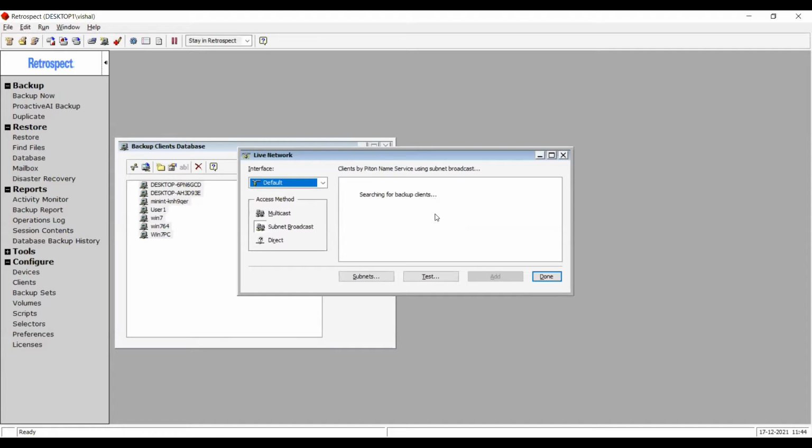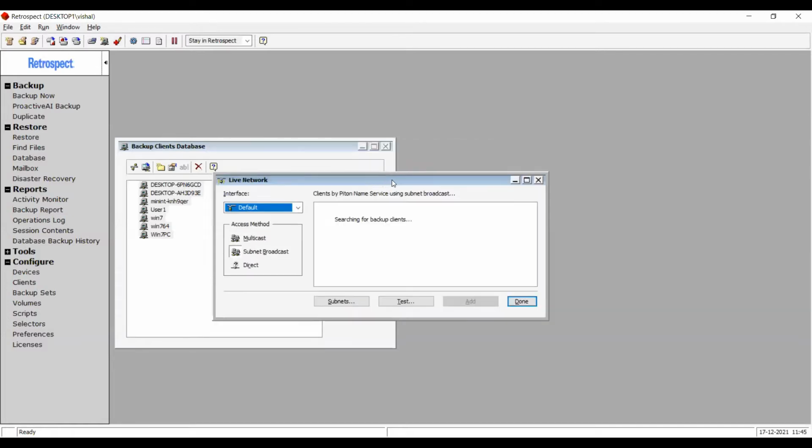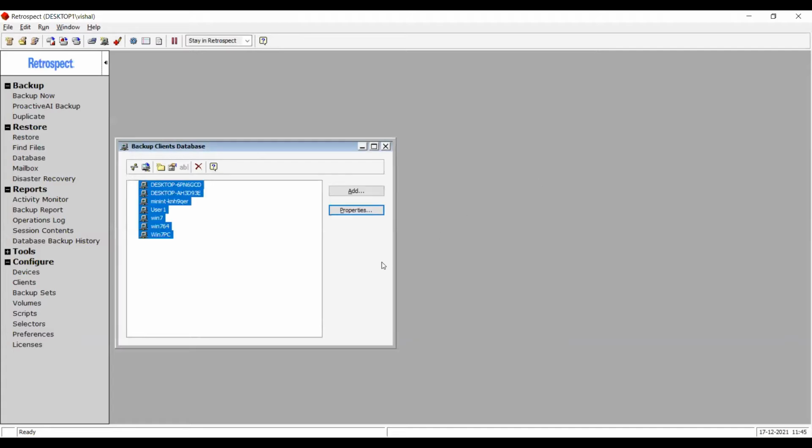There is one more question. Will the user connect from WAN? Of course not. This is for the LAN network. WAN users can be backed up using a feature called remote client backup, which we will talk about later on. But this window is specifically for the clients that are on your local network. It doesn't matter whether they are on Wi-Fi, wireless networks, or Ethernet. Everything is the same. The rules are the same for local LAN.